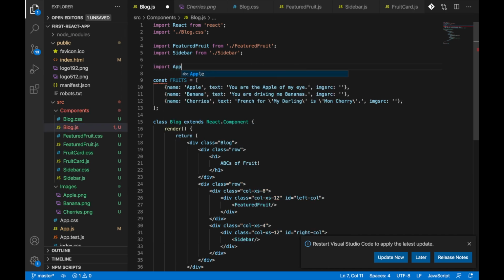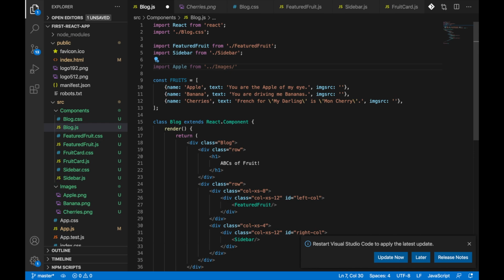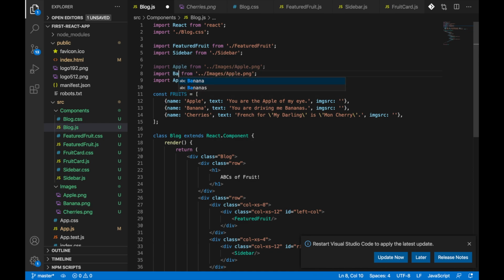So I'm going to import apple from, let's think about where this is. So images is in the src folder, but currently we're in the components folder. So we're going to do ../ to go to the previous folder from where we are, and then we're going to go to images, and then we're going to pull from apple.png, and we're going to do this 3 times. Apple, banana, cherries,